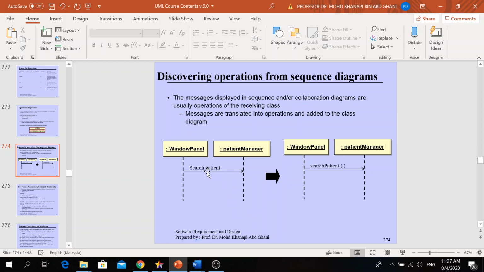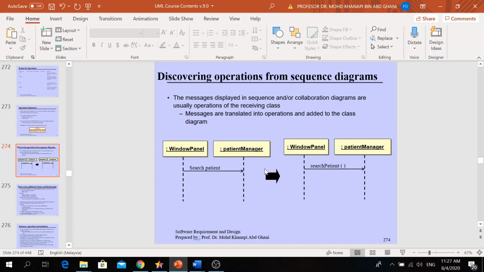When the arrow goes to the object patient manager, and this is search patient, the search patient operation is owned by the patient manager. Looking at this message from window panel to patient manager, they use search patient.